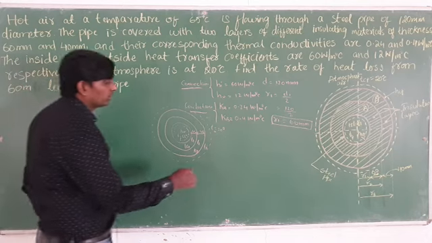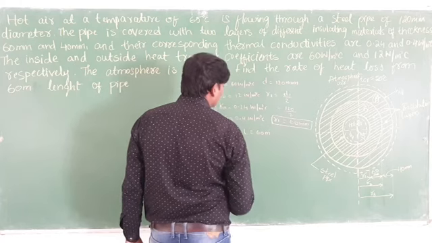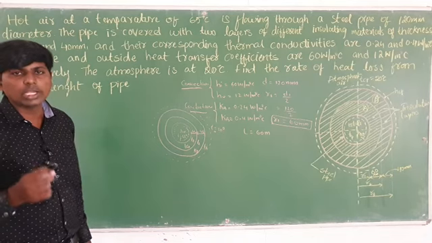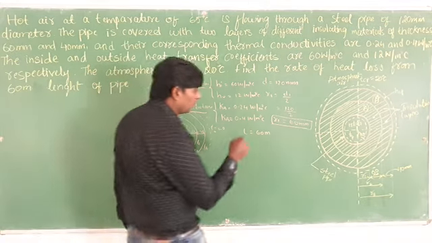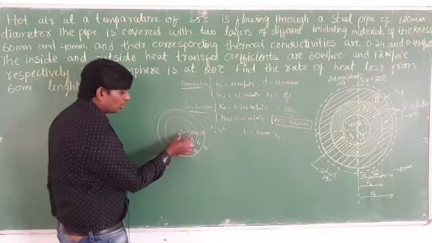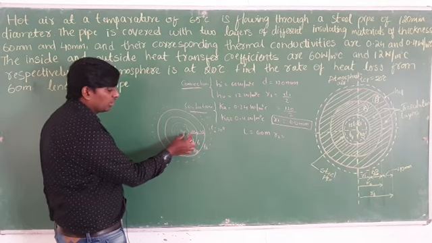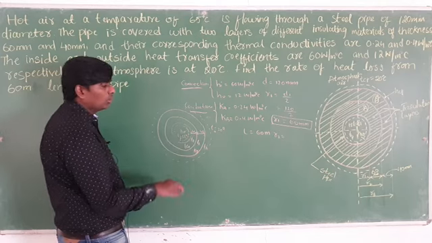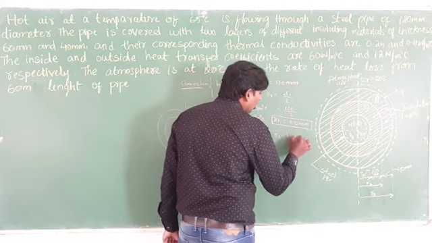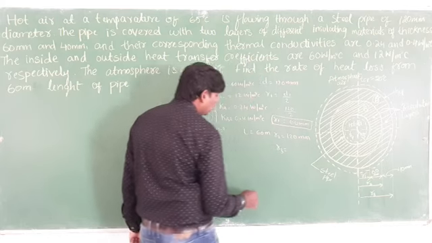In this question, length is also given. Length is equal to how much? 60 meter. First try to find out the values of R1, R2, R3. R1 is already with you. How to find the value of R2? R2 comes from the diameter. How much diameter is given? 120. 120 half is equal to how much? 60. 60 plus 60, how much will it be? 120. So R2 is 120.